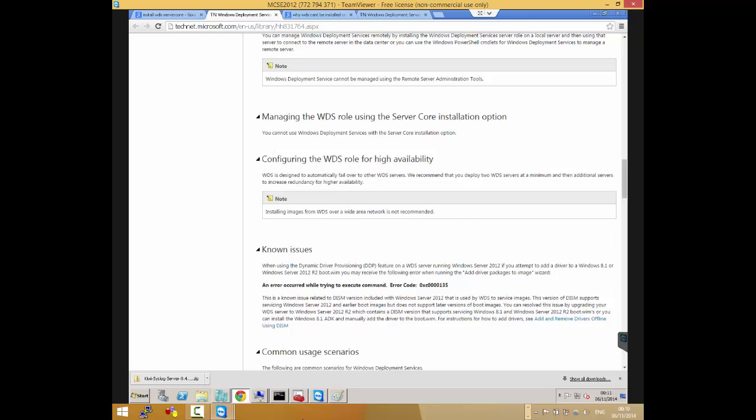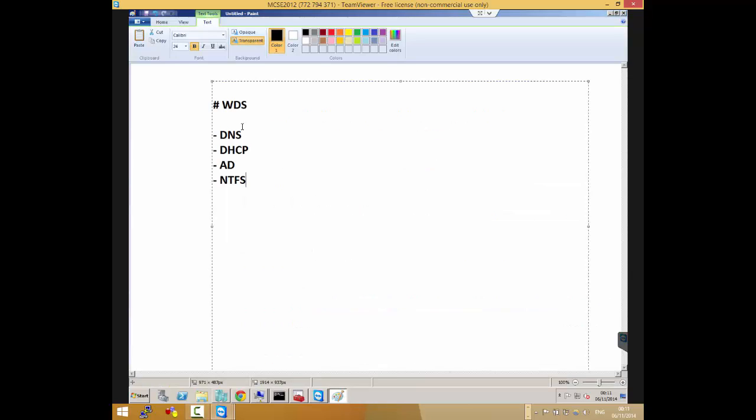Okay. So the prerequisites for WDS say we need DNS, we need DHCP, we need AD, we need NTFS. So here's my question that I want to ask. Can anybody explain the entire WDS process?